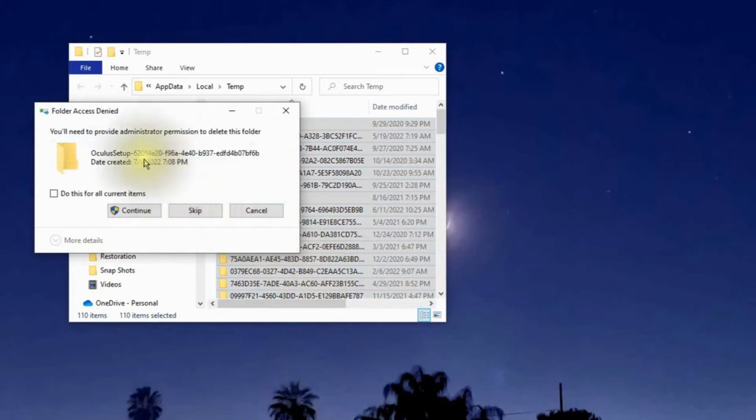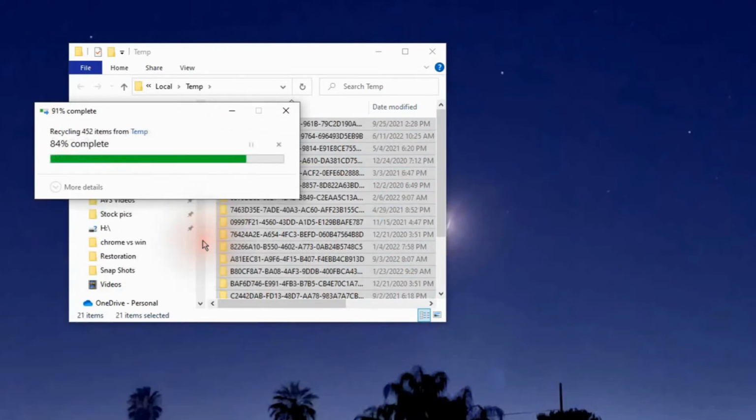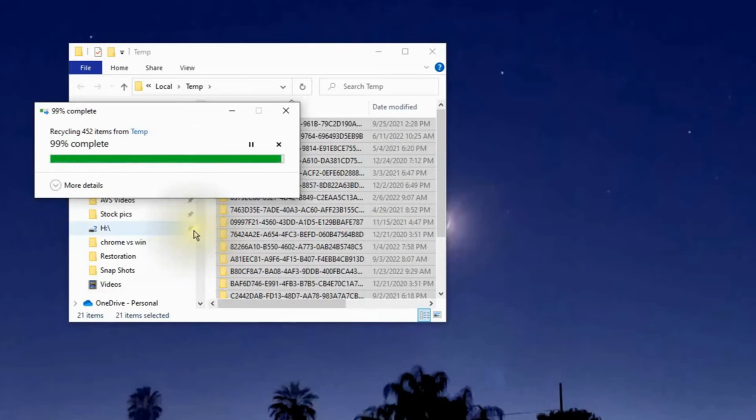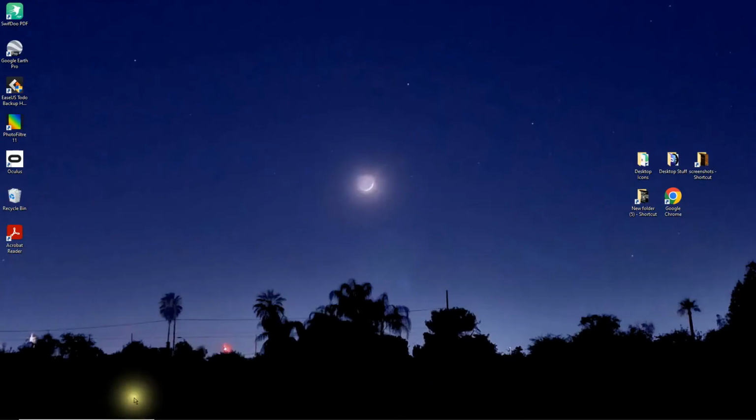On any of these that are actually being used, go ahead and click on skip, so it will skip those and not delete the ones that the computer is actually using, which is kind of important, right? You might have to click skip multiple times, and then eventually it takes those out. On my machine it took out gigabytes of temporary folders and files that really weren't being used by my current machine. Then we click on X and close that off.